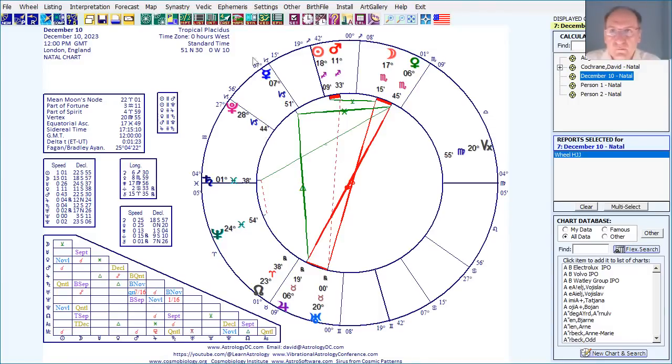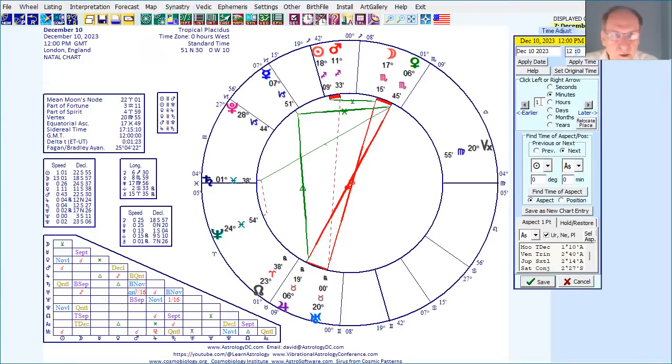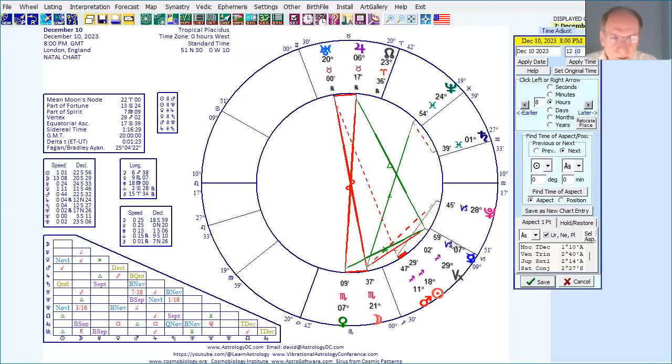Let me show you that. If I do a chart adjust and go 8 hours later, I've got Pluto at 28 Capricorn 44, and 8 hours later, Pluto is at 28 Capricorn 45, exactly the same position as on August 7th. So sometime during the day of December 10, Pluto is exactly at the same position as on August 7.